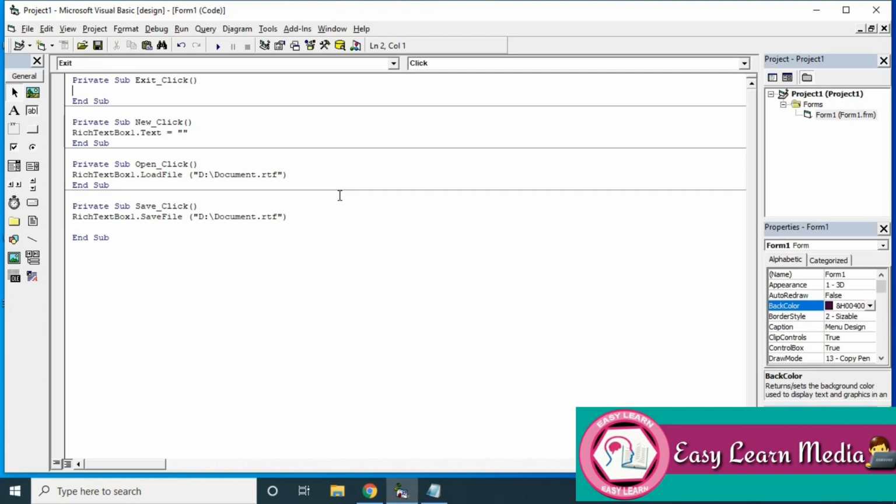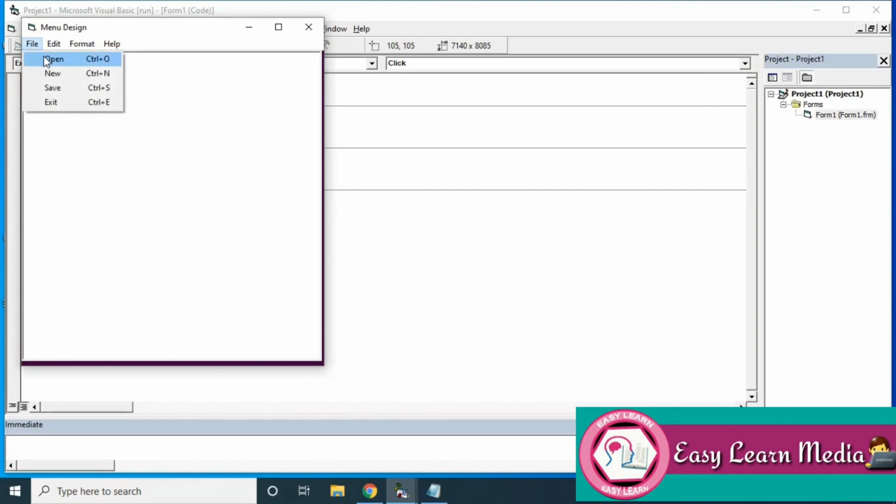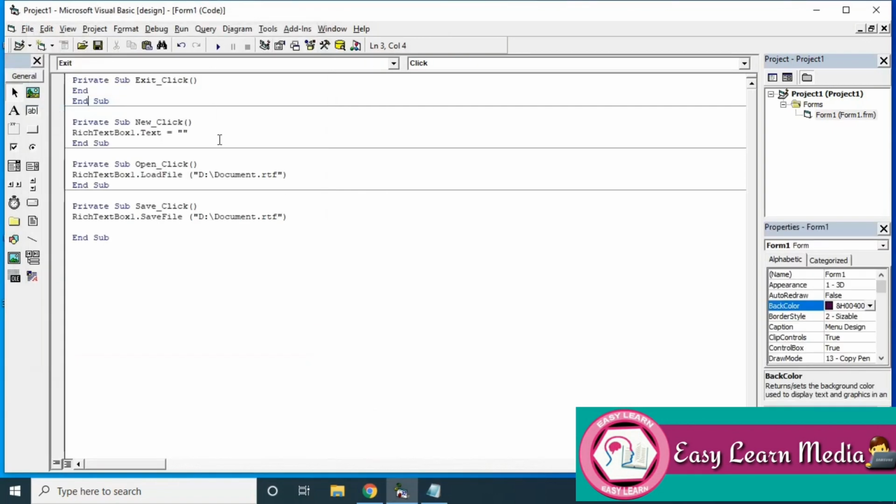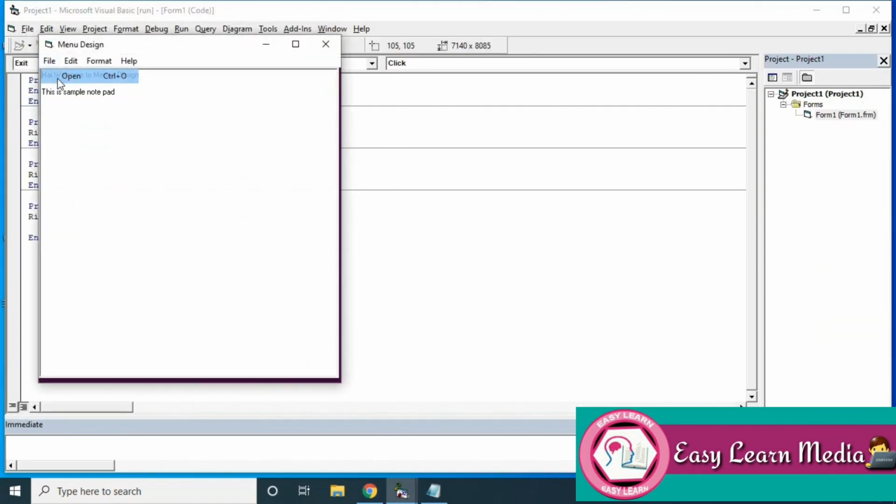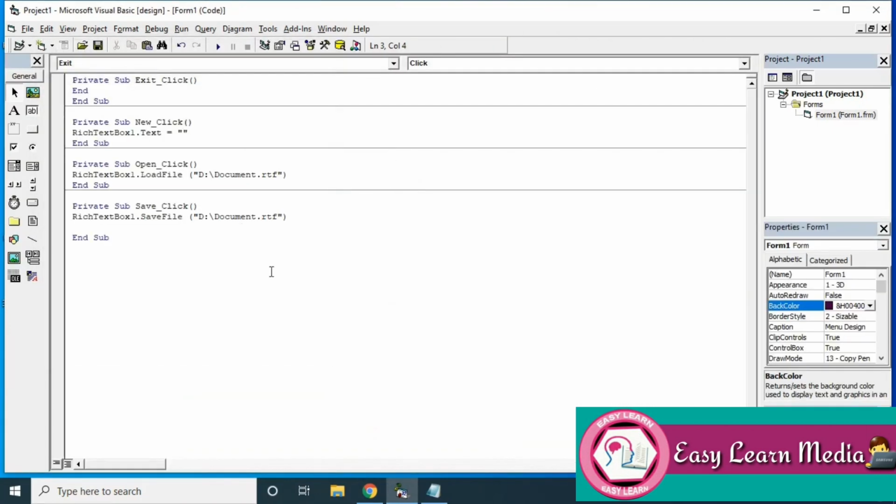Now you have two options. You can use unload or end. I have used end. Right. I have used open. The default content is loaded. I have typed one more line for appending to this notepad file. So this is a simple notepad. I have saved. I have given exit. Now I am running the program. If I use the open button, the text will appear, whichever was updated in the last save.